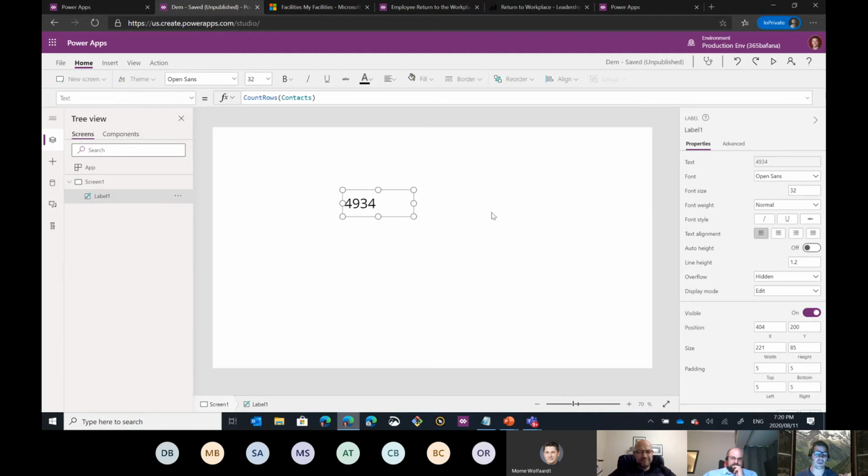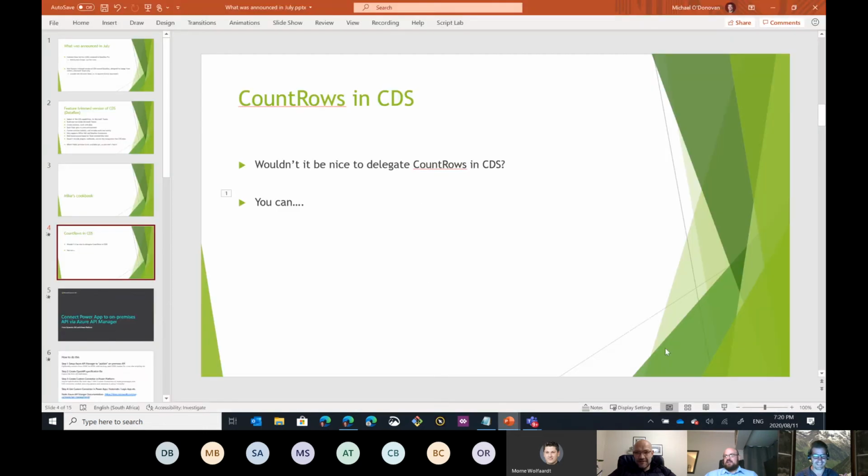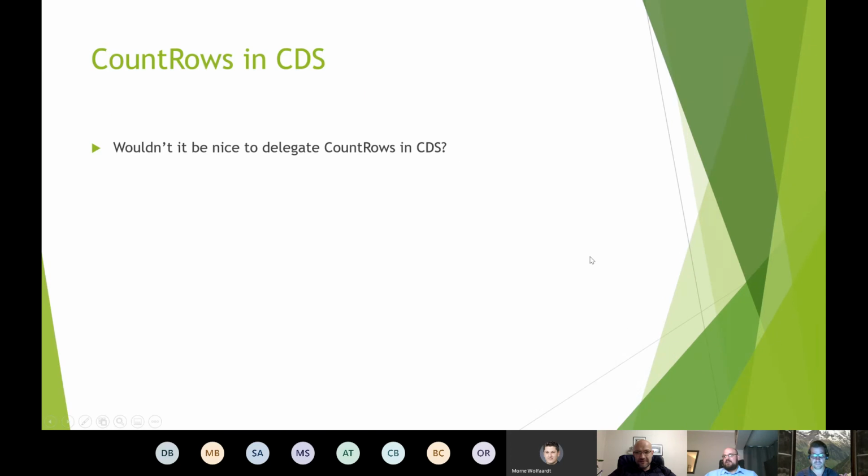Yes, it makes. I was trying to play with some charting, and I needed to know the count of how many records I had. So that's where the issue came in. And to try and get around that, people are saying, no, you have this flow that counts. It's like all this. Hey man, just go turn on a preview feature. Problem solved. But that's very new, Mike. That must be like in the last couple of weeks. I don't know. It's there. I turned it on. I think it's in release wave 2 that's coming out at the moment, if I remember correctly, or release wave 1, one of the two.